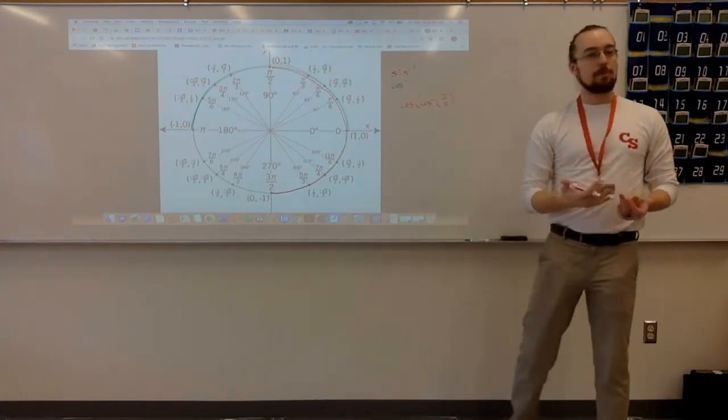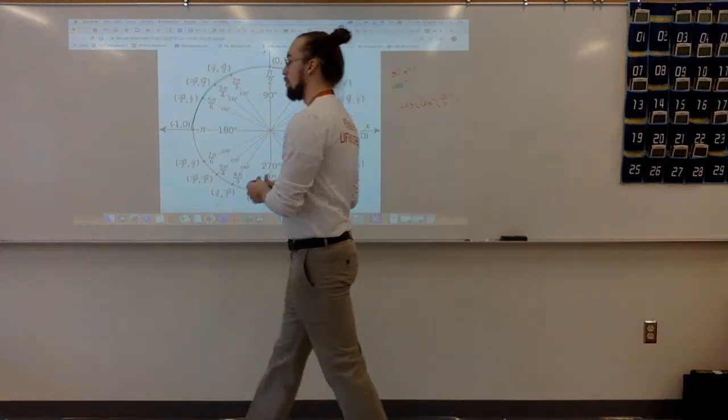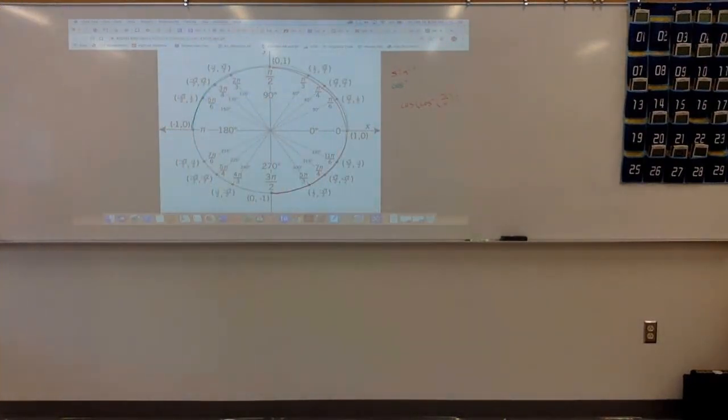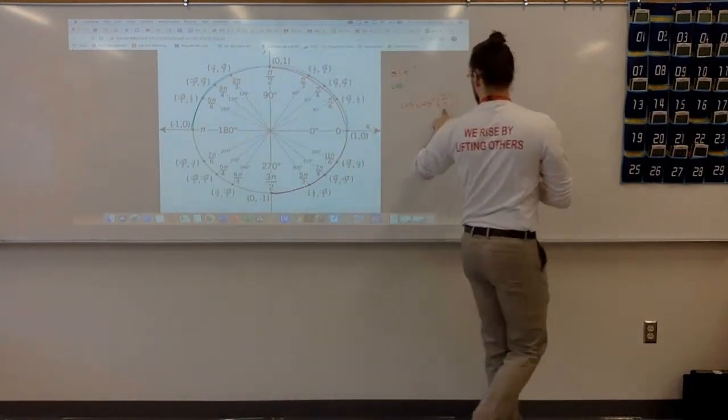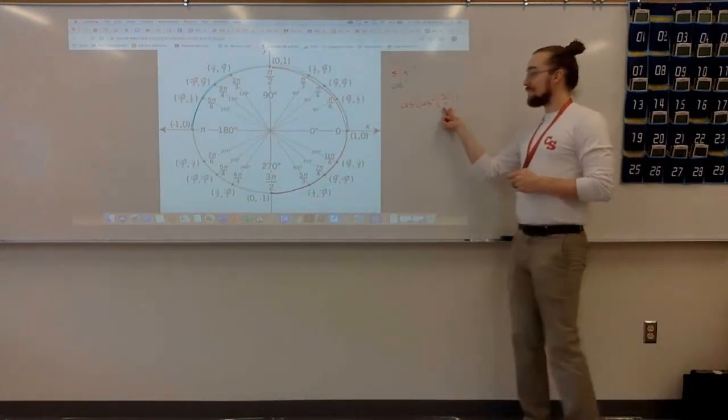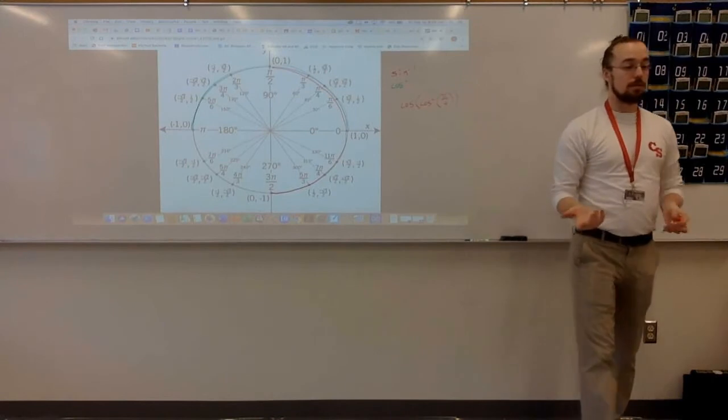Cosine and inverse cosine are inverse operations, so they should cancel each other out. But the one thing that we have to check is to make sure that this value is part of the